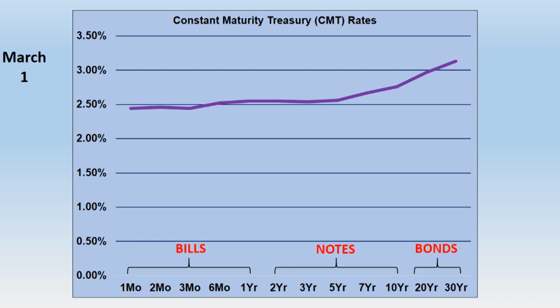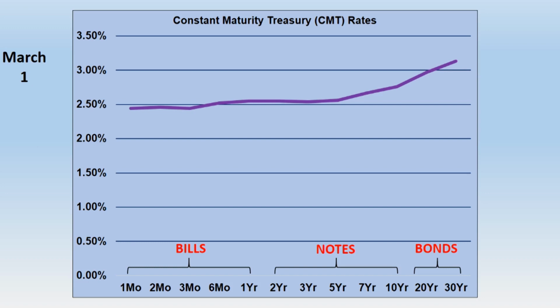So this is not what they are currently issuing them at in the market. This is the current yield. On the bottom you'll see I have differentiated bills, notes, and bonds, and it just has to do with the length of maturity. Bills are issued everywhere from 1 month up to a year. Notes are 2 years to 10 years in length, and bonds are anything over 10 years. So yes, the U.S. Treasury will borrow money from you for 1 month if you like.